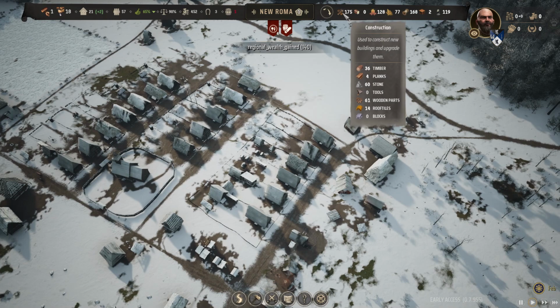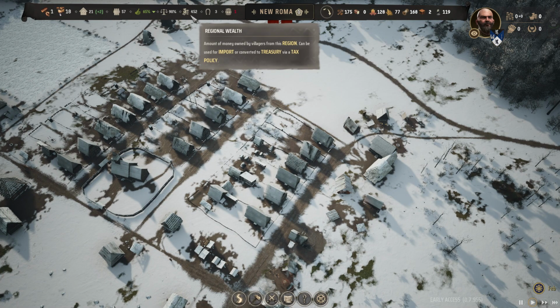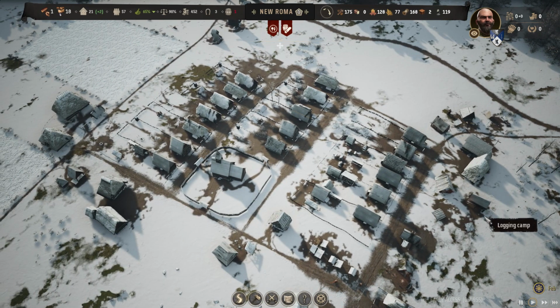Getting lots of regional wealth. I don't know. There's just more of the goodies that we had gotten. We're selling more of the wooden hearts. Seems like we have the same amount of wooden hearts, though. You know what? It might have been...